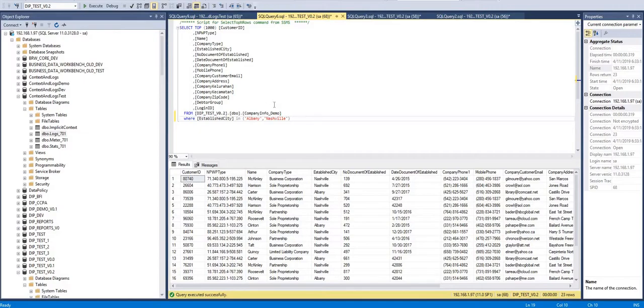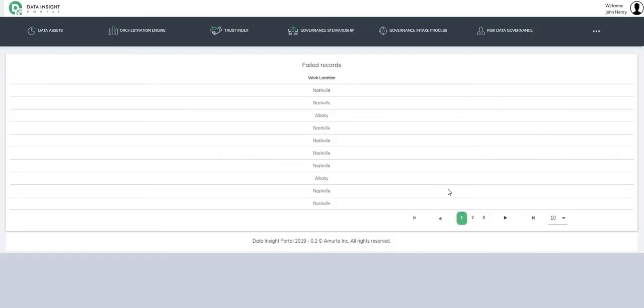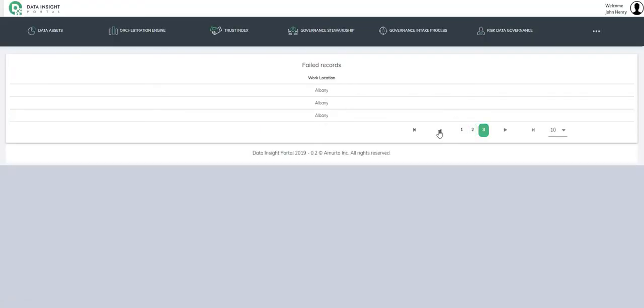So if you want to cross check, we need to go back to the database and fire this particular query where the established city is in Albany and Nashville. You'll be able to see 20 records. So to cross check, we need to come back here and see there are 20 records in the failed